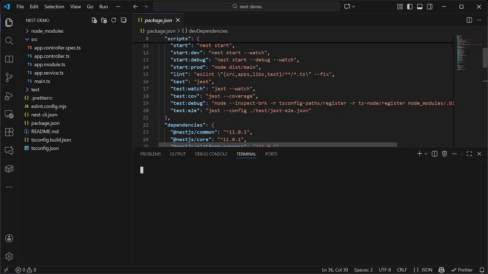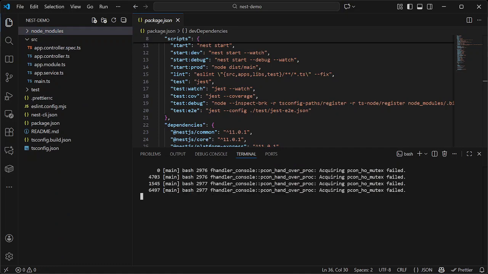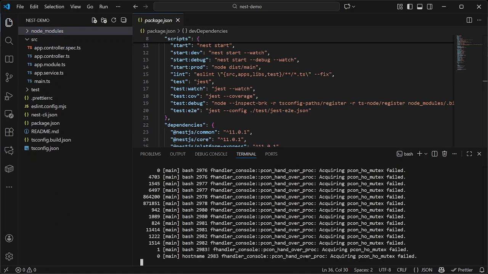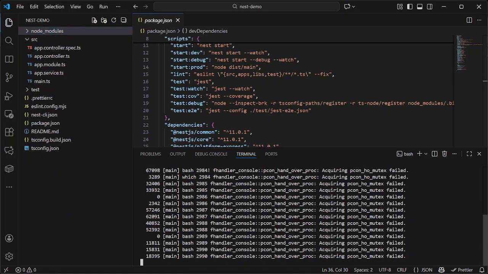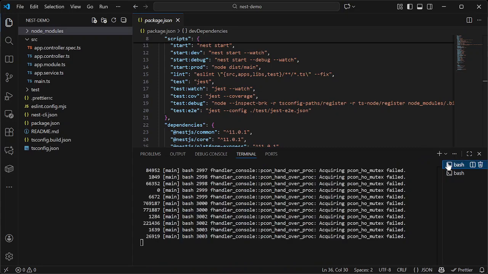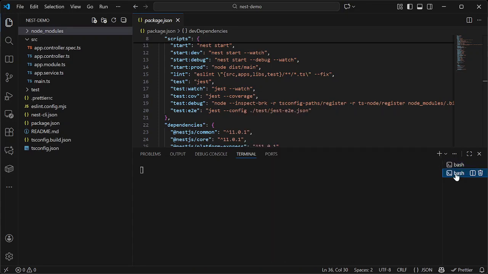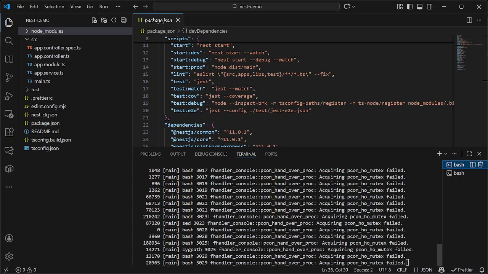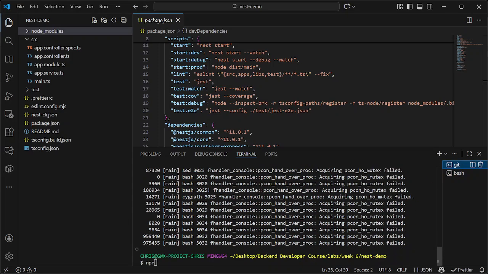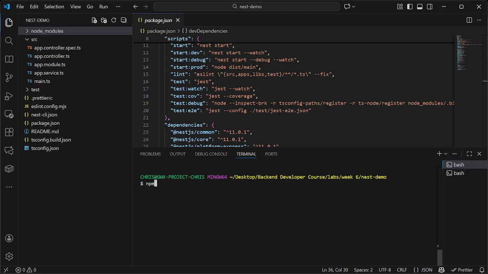So let's install some, because I don't think that the installation is totally successful. I don't know the bash process that is executing here. Okay, so let's do npm install.